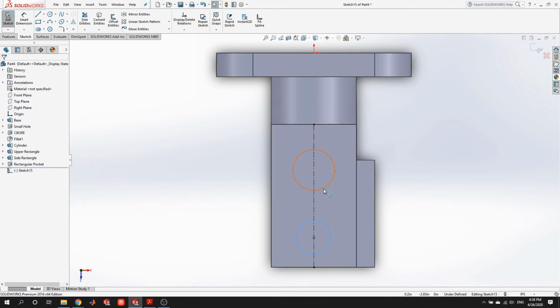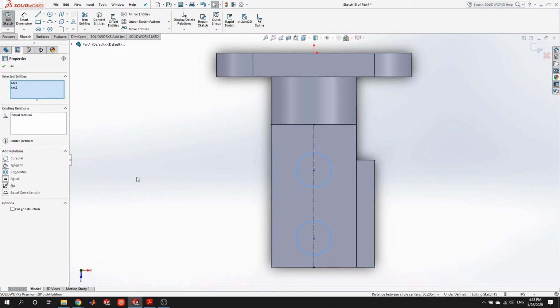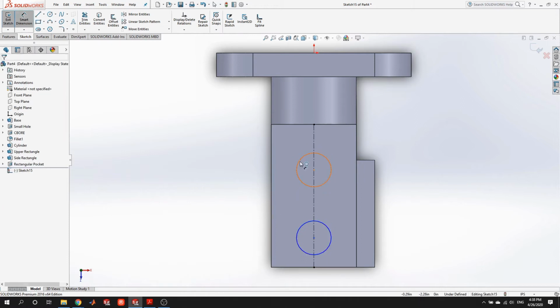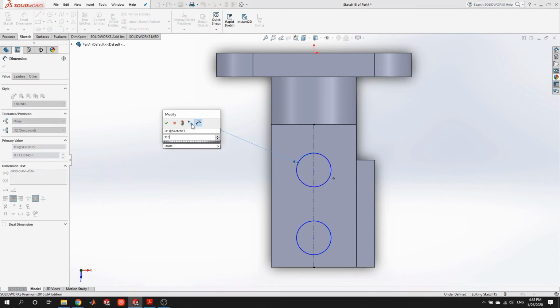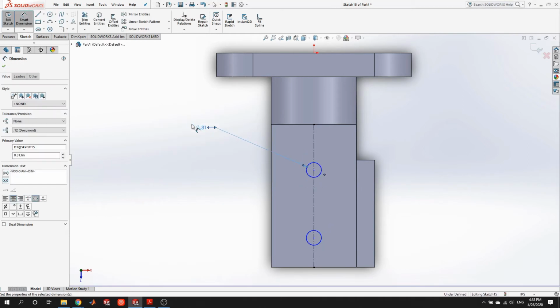We're going to hold Control, select both circles, and make them equal because they're the same circle, and that way we only have to dimension one of them. Now, we don't have to put any specific dimension because the Hole Wizard tool is going to decide that for us, but I usually like to dimension it to the size of the called out pilot hole, and that way,